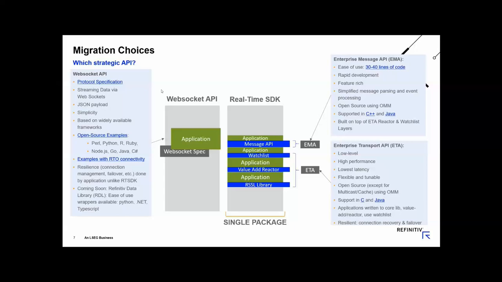I also would like to take this opportunity to introduce the WebSocket API. Now, this is not truly an API. It's more of a protocol specification with a series of examples that we publish on GitHub. Here, essentially, you're encoding a payload that's JSON, and we have some compiled APIs as well as some interpreted APIs in the examples so that you can follow those, and it's relatively simple to be up and running with those. We do have examples that show connectivity into the cloud solution, the Refinitiv Real-Time Optimized.